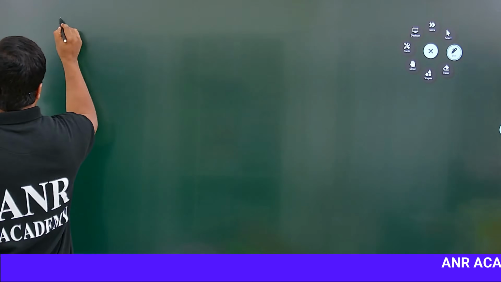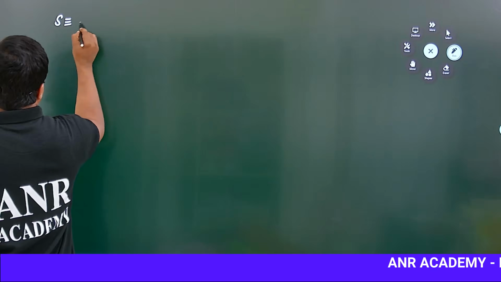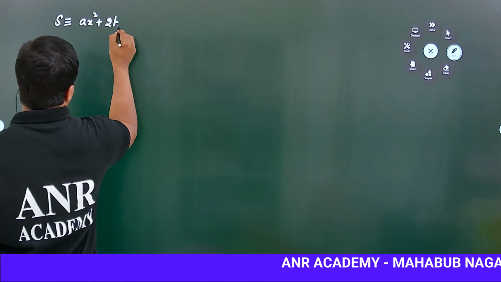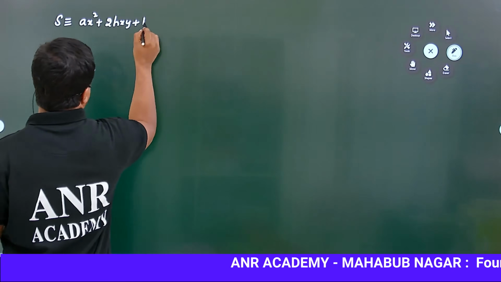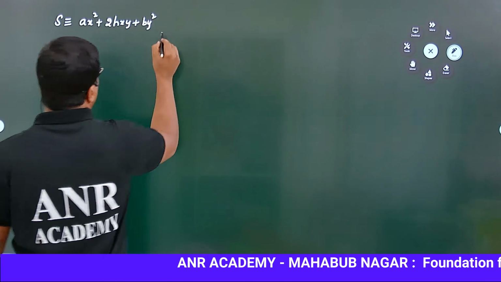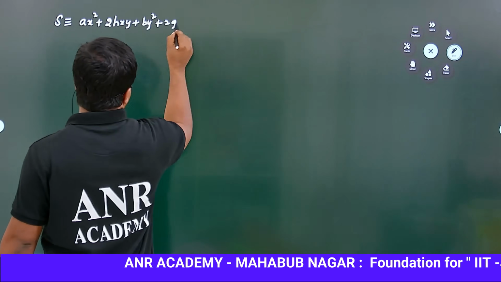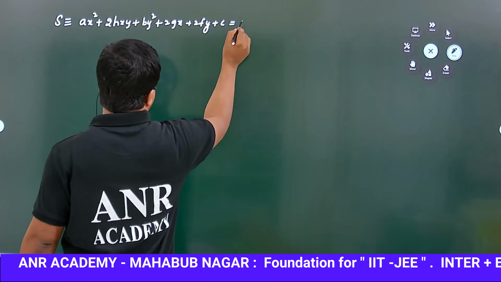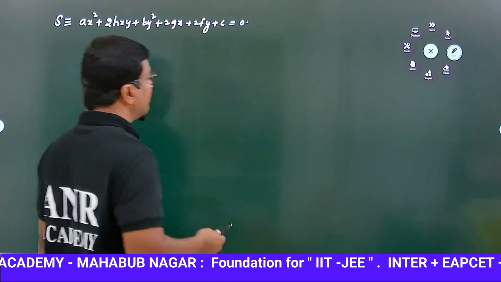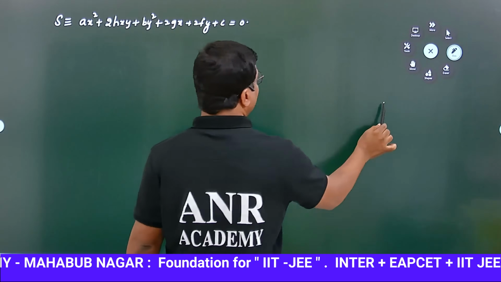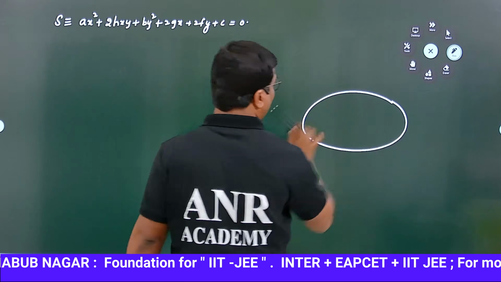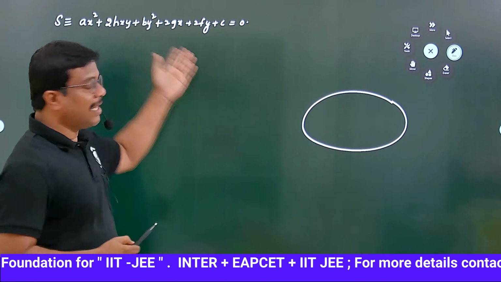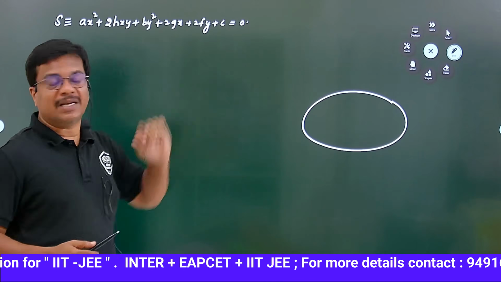See here, I am going to write the general second degree equation, ax square plus 2hxy plus by square plus 2gx plus 2fy plus c equal to 0. Assume any conic other than a parabola, suppose this is indicating an elliptical equation,